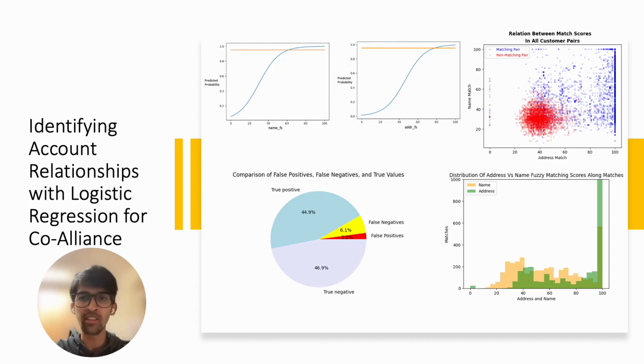Keystone Cooperative is the seventh largest agricultural cooperative in the United States. The cooperative grew to such a size over many years, in part due to many mergers and acquisitions that it has gone through. As such, with its growth, Keystone has encountered new challenges, one of them being that many customers have multiple accounts with the cooperative, and there is no easy way to discern which accounts belong to the same